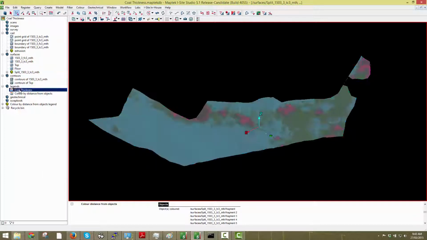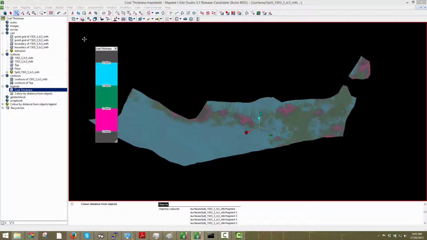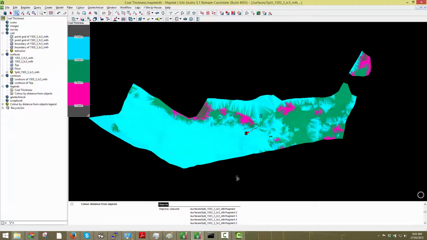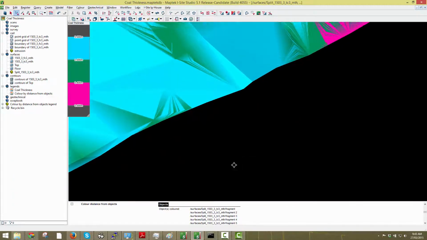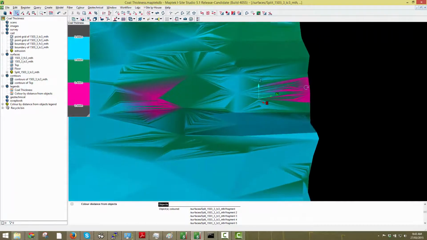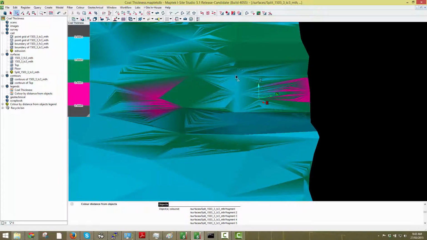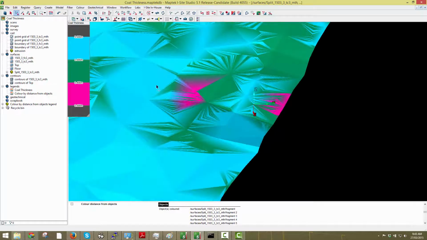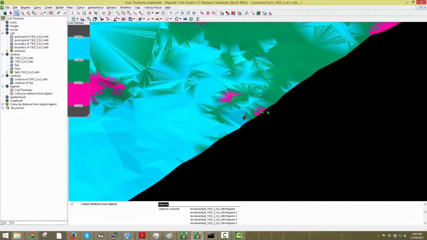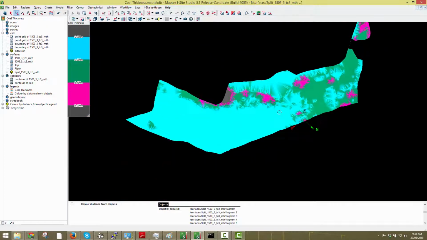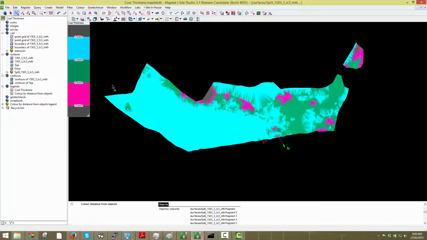Now I've got my existing scale here I can throw on there if I need to remember what's what. So you'll see it looks a bit crazy here, and that's because the polygon is so close to the edge of going plus or minus inside and outside of that boundary. So it's just changing colours quite a lot right around the very edge, just a couple of millimetres either side sort of thing. But it looks nasty now, but if I try and select all the blue ones, object select